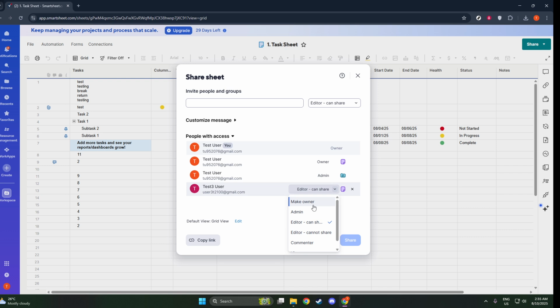At this point, it's generally a good idea to notify the new owner of their new role, so they're fully aware and can take up their responsibilities without any gaps in management or oversight. And that's all there is to it. By following these steps, you efficiently transfer ownership in Smartsheet, ensuring a seamless transition and maintaining the smooth operation of